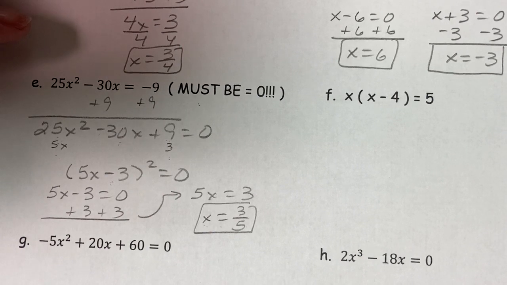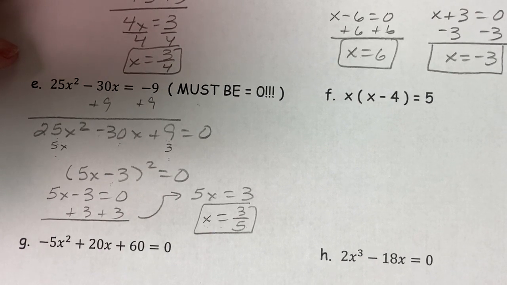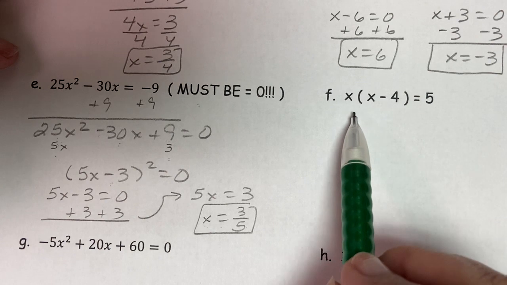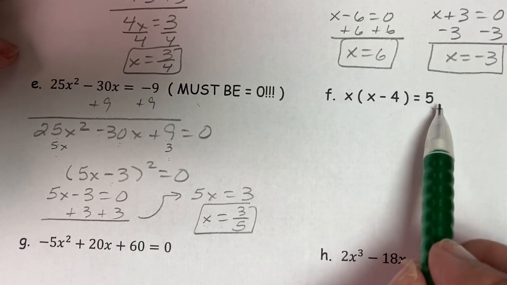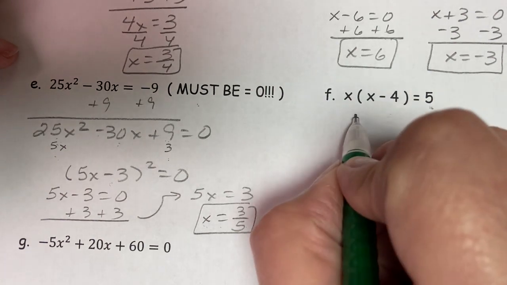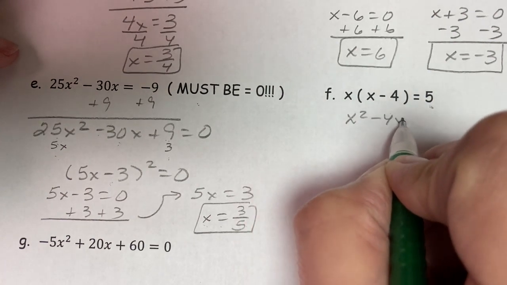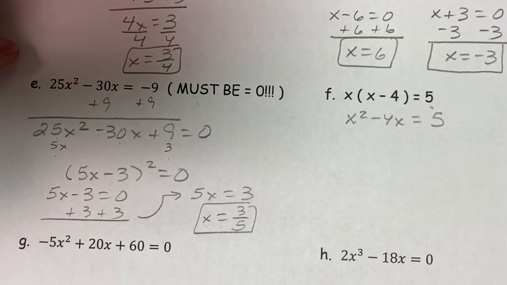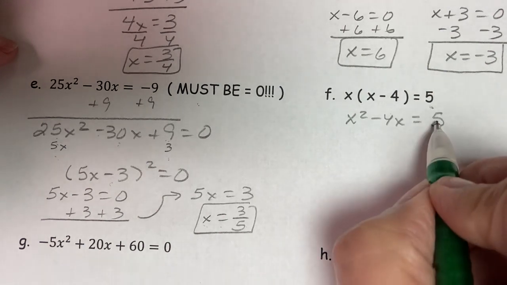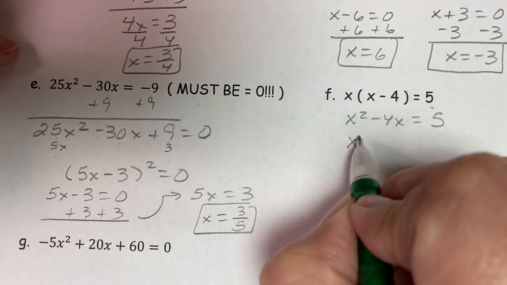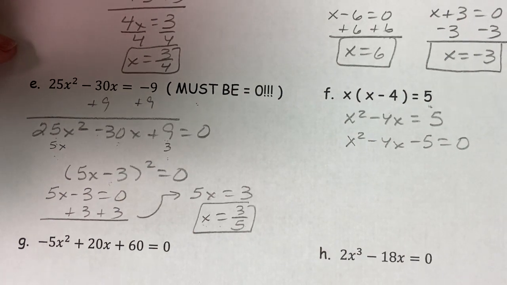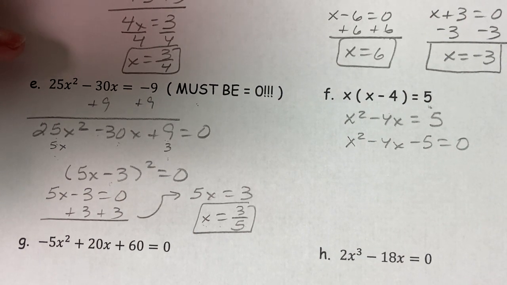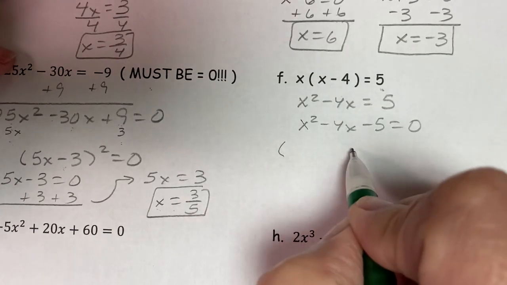I'm trying to trick you. Don't let it happen. I'm trying to let you think, oh, it's already factored on this side, but it's not, because look, there is not a 0 over there. So what I have to do is distribute through on that left-hand side. Now I have to set it equal to 0 by bringing the 5 over. So I'm going to subtract 5 from both sides of the equal sign. And it's not until I have that that I can go ahead and